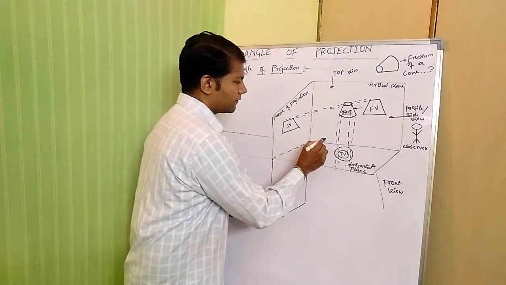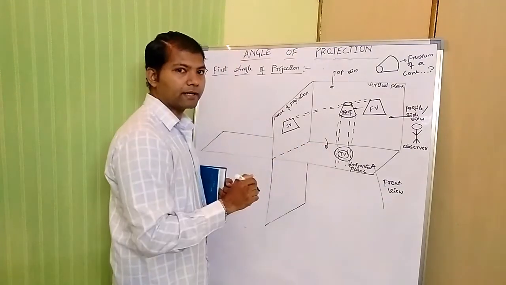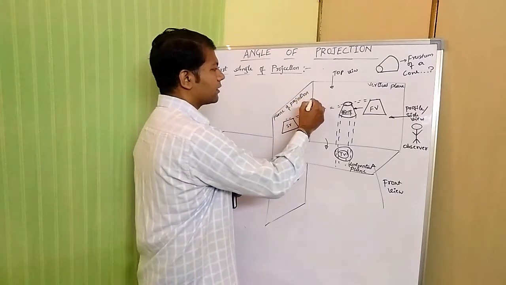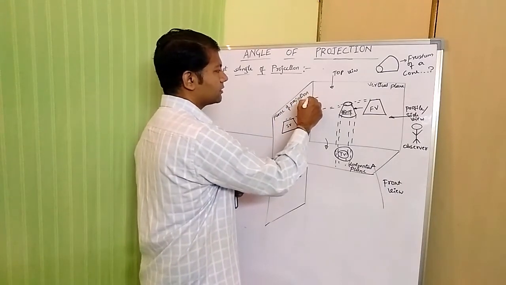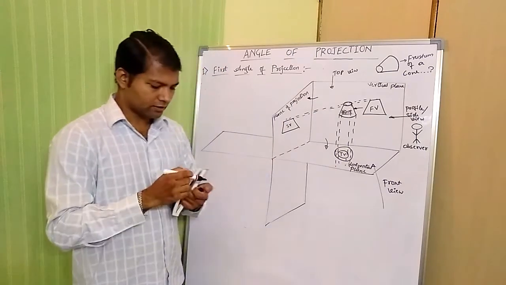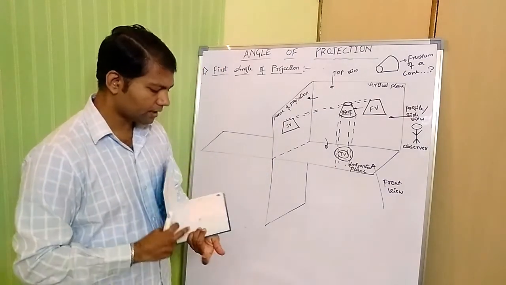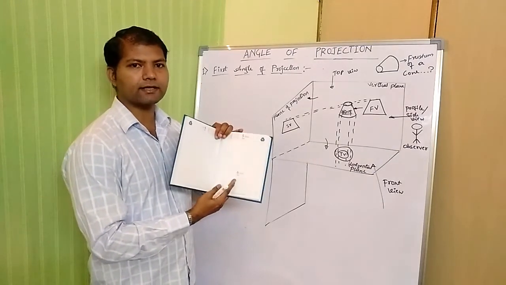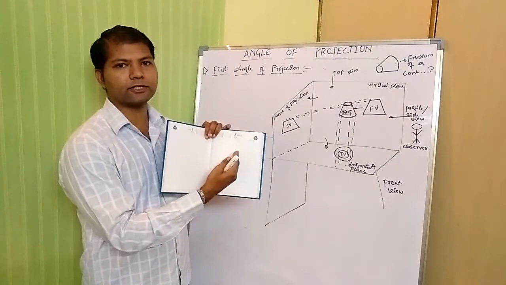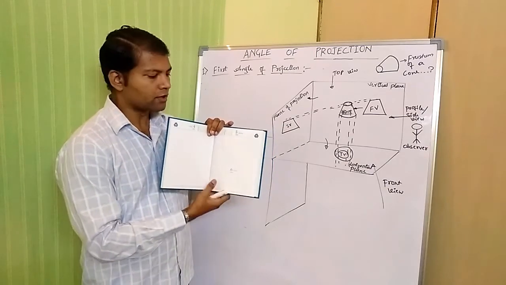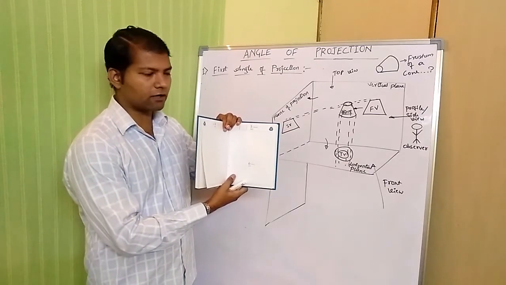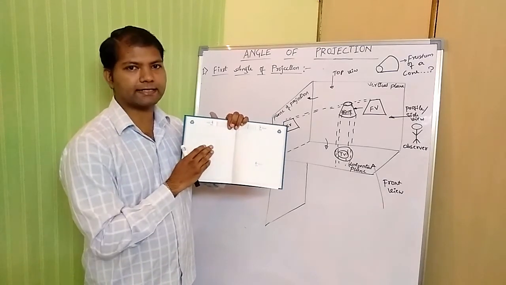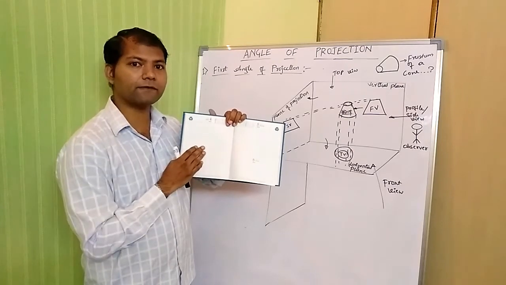You are going to unfold from the vertical plane to the horizontal plane, making it straight, and from the vertical plane to the plane of projection, and again make it straight. If I consider the plane of projection and the vertical plane, here the front view is projected, here the side view is projected. When you unfold the plane of projection, what happens? The side view comes beside the front view. Here is the front view, here is the side view.